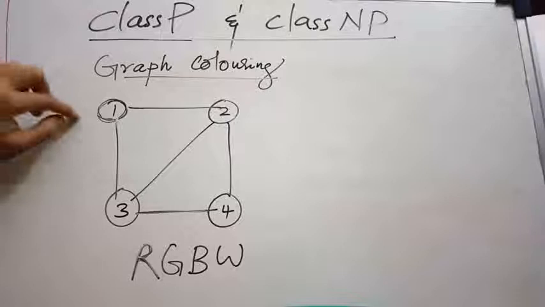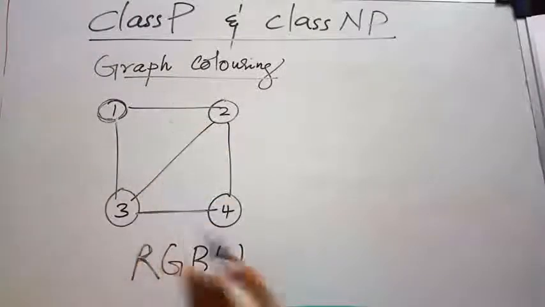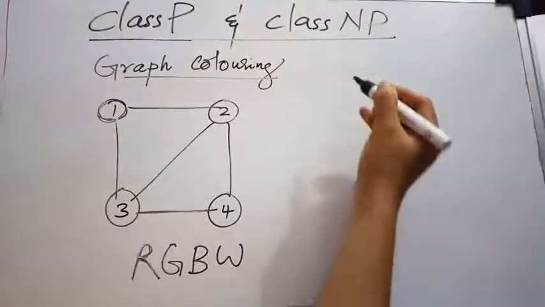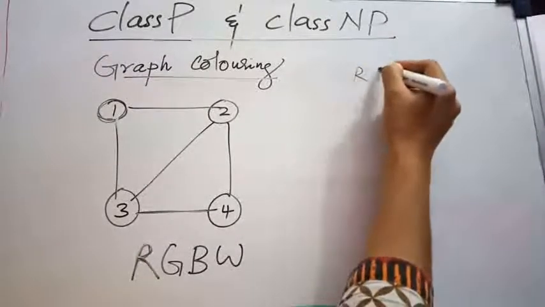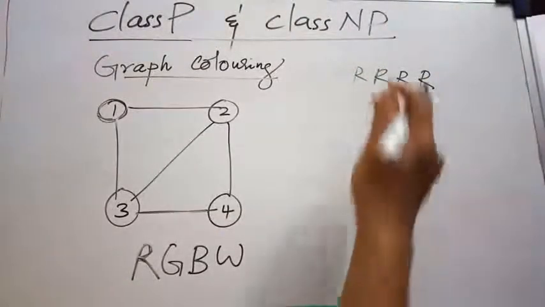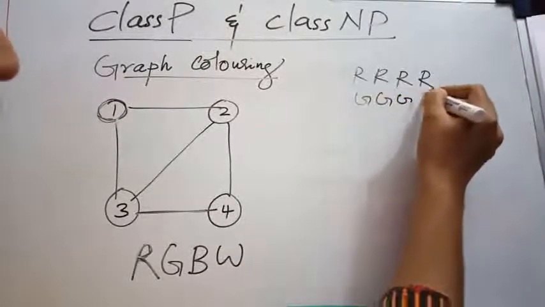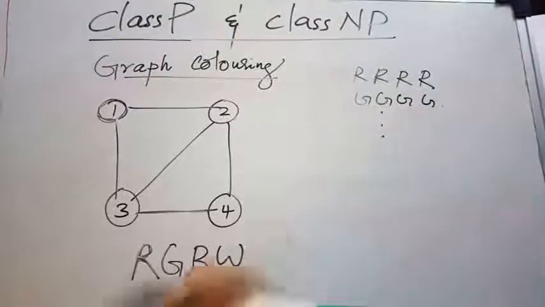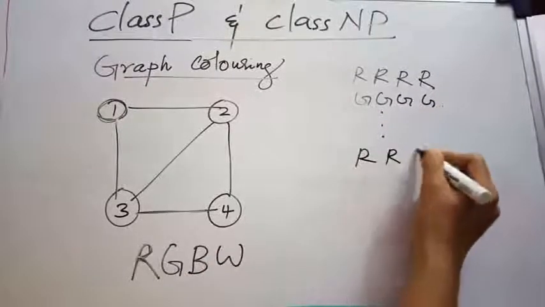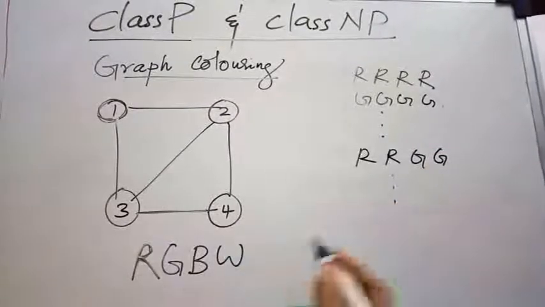So how can we identify the combination which gives the minimum number of colors to color this graph? For that, we have many solutions. We have to look at all the combinations. Suppose we color all the nodes with red color. It is a solution but it is not valid, right? Again we can go for green colors, right? Like that, or any other combination, red, green, green. In between we may have a solution like